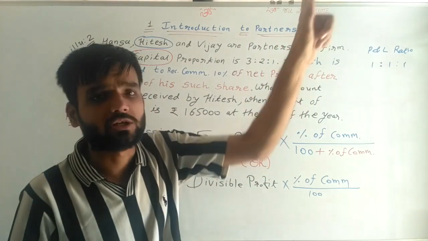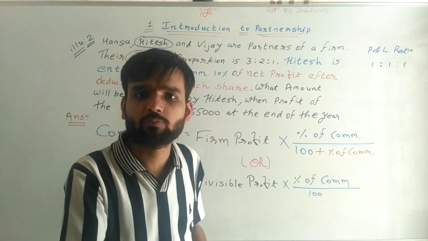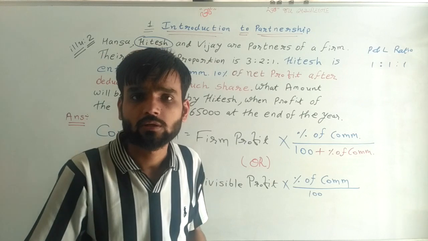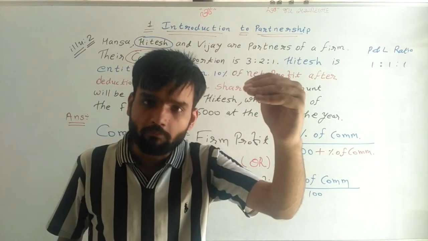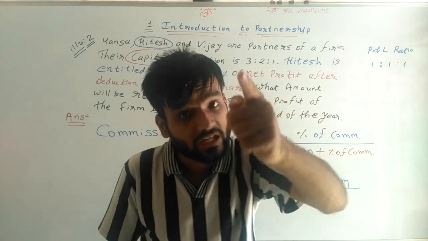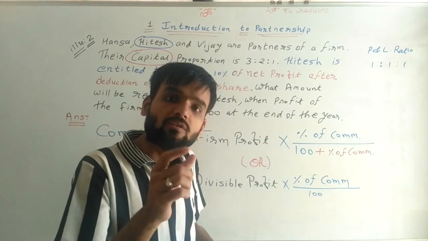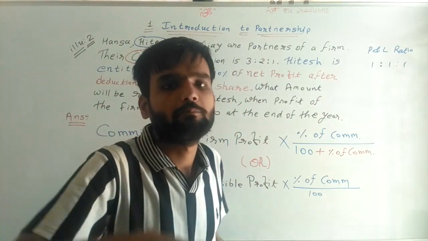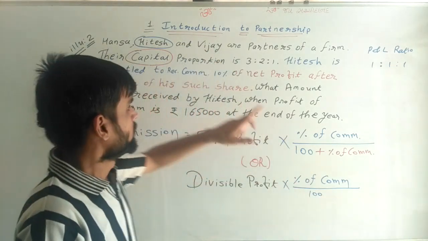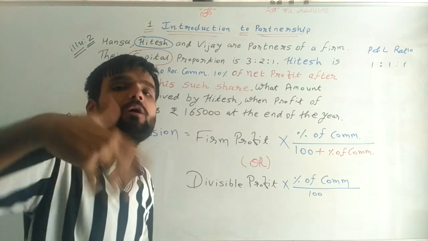Then purchase commission. Purchase into 10%. Now you can say, sir, how is commission on purchase possible? Because of that particular partner, the purchase rate may decrease compared to the market, then we have to pay commission. Whatever decrease in the rate, commission can be paid on that. Now it's just an example, but we need to pay 10% commission to Hitesh, but of which amount?